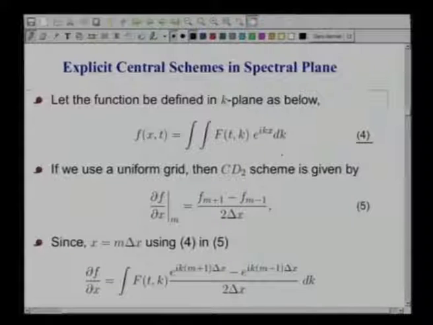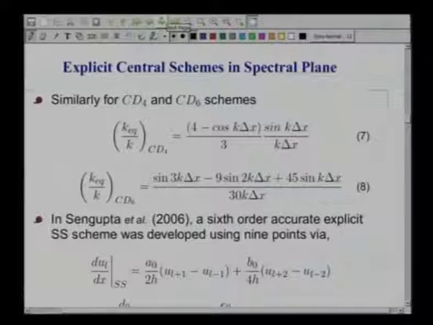If we use a uniform grid, then we usually represent the derivative like this, as we just saw. If we now substitute 4 in equation 5, noticing that x is equal to m times delta x, I get the Fourier amplitude retained as it is, and in the phase I write e^(ik(m+1)Δx) minus e^(ik(m-1)Δx). Notice that e^(ikx) is nothing but e^(ikmΔx). So, what happens as a consequence? We get an expression for